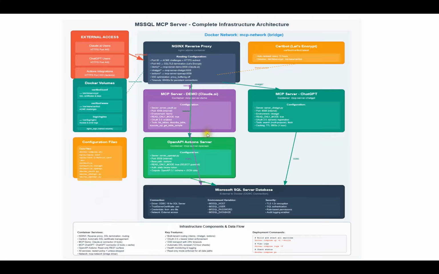All of them connect via ODBC to the MS SQL database. We will cover this later in detail.